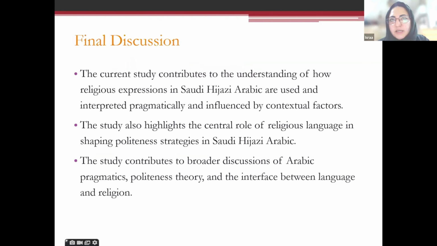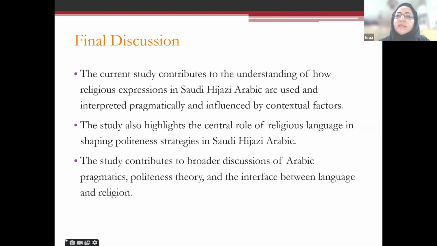As a final discussion, the current study contributes to the understanding of how religious expressions in Saudi Hijazi Arabic are used and interpreted pragmatically and influenced by contextual factors. The study also highlights the central role of religious language in shaping politeness strategies in Saudi Hijazi Arabic and in Arabic in general. Prayers serve not only as linguistic embellishments, but also as key internal modifiers to